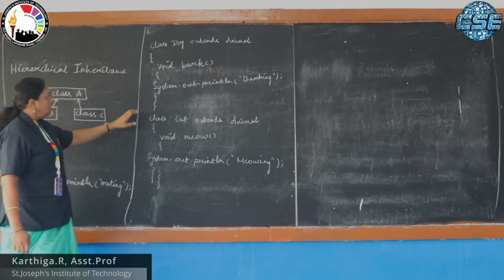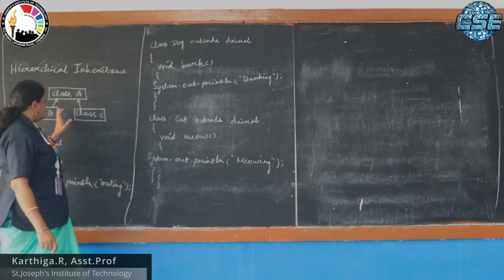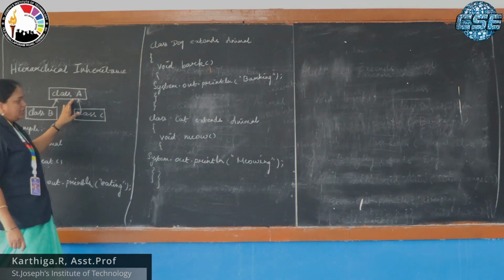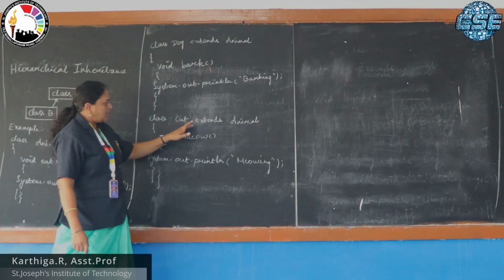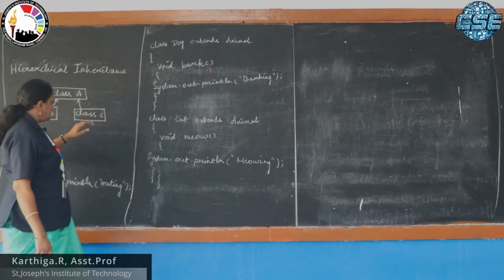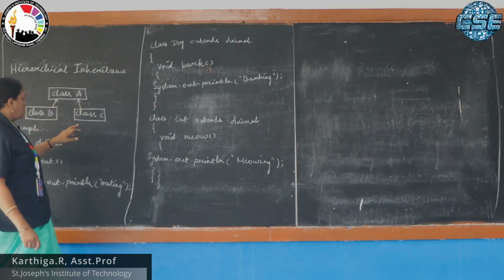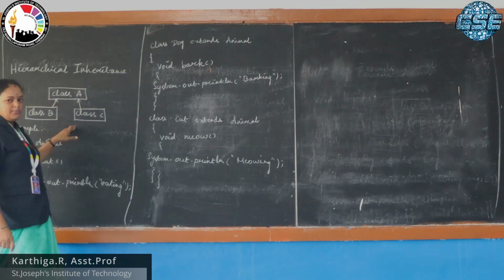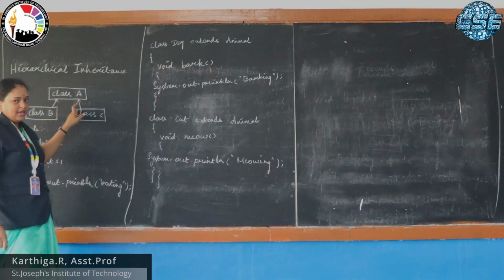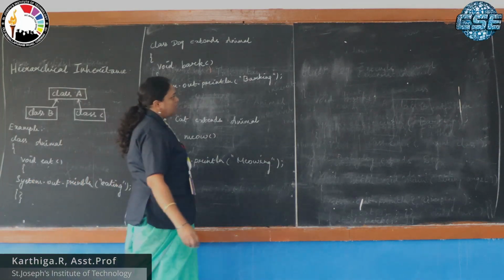Here class Dog extends class A, that is Animal, and class Cat extends Animal, that is class C extends class A. So both these children depend on parent class A. Here the main class will be